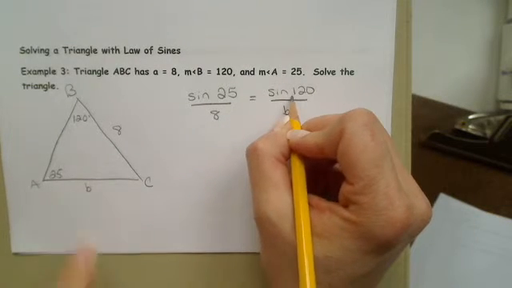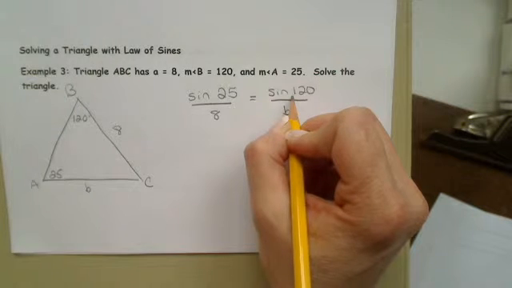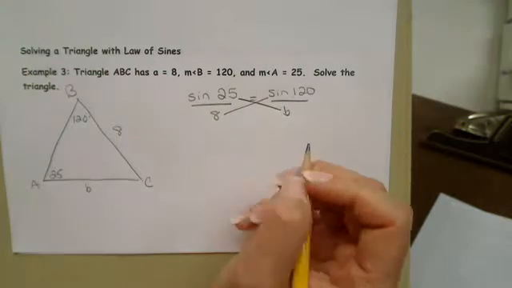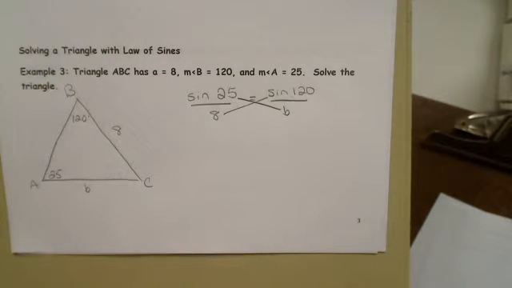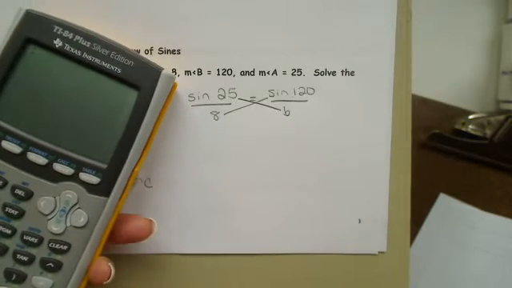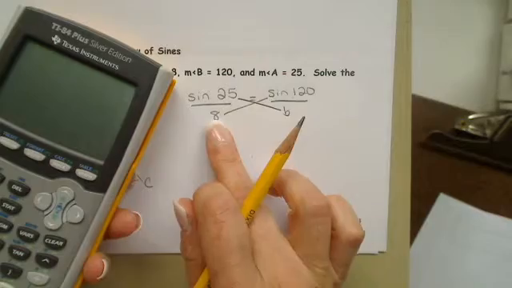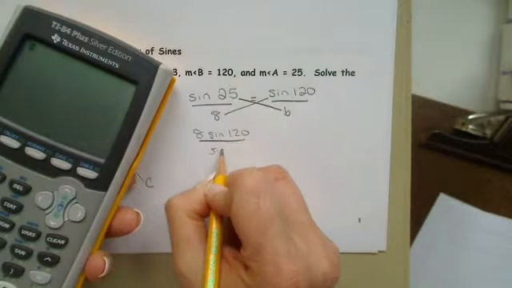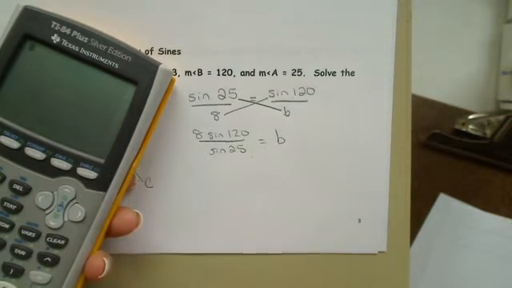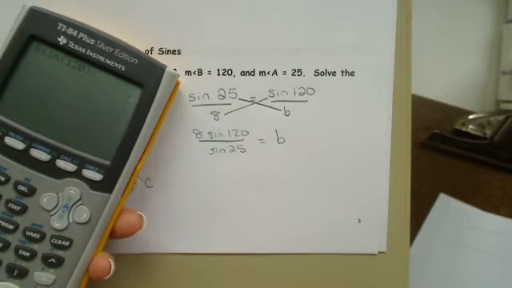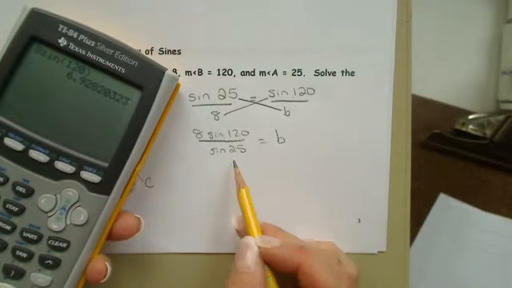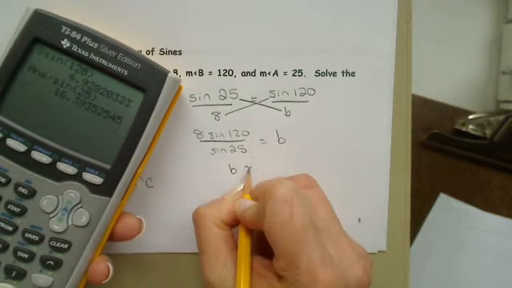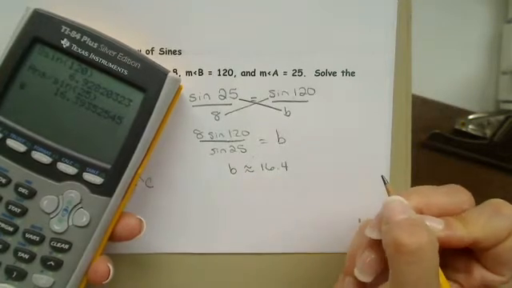Of course, you see the 120, your mind should go to special right angles because it has a reference angle of 60. But we're going to have to go decimal on this anyway, so we're not going to be really worrying about getting exact answers with radicals when we're doing law of sines and law of cosines, unless they magically give us a right triangle. 8 sine 120 divided by sine 25 will give us the length for b. Okay, so 8 sine 120 is about 6.92. I'm going to divide that by sine of 25. So b is approximately 16.4 in length,